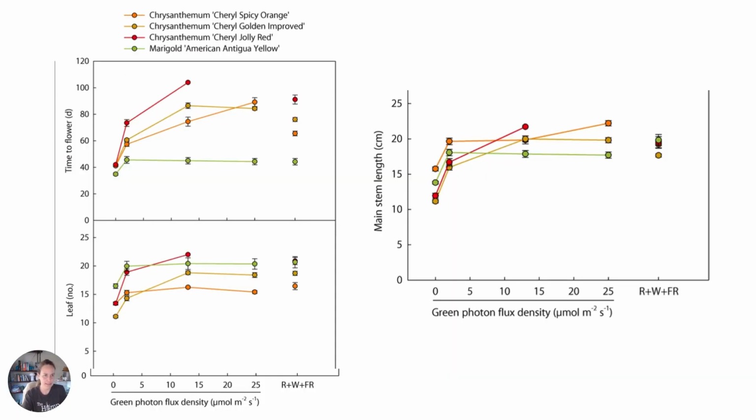All right, here's some of the more important results. Here I only pulled the data from short days. Time to flower. We're going here from 0 to 25 micromoles per meter squared per second. And you really see the most aggressive increase under that 5 micromole intensity. So we're taking our time to flower from under 40 days to